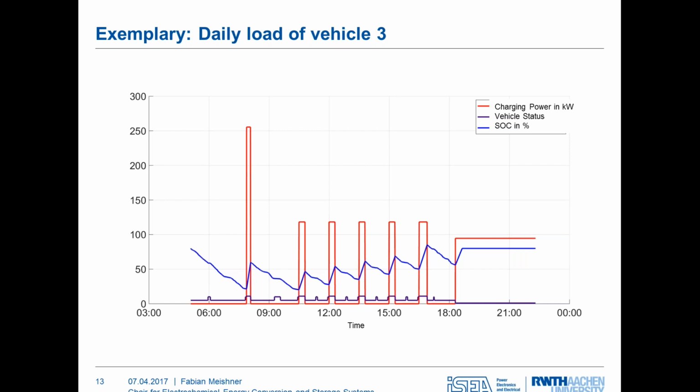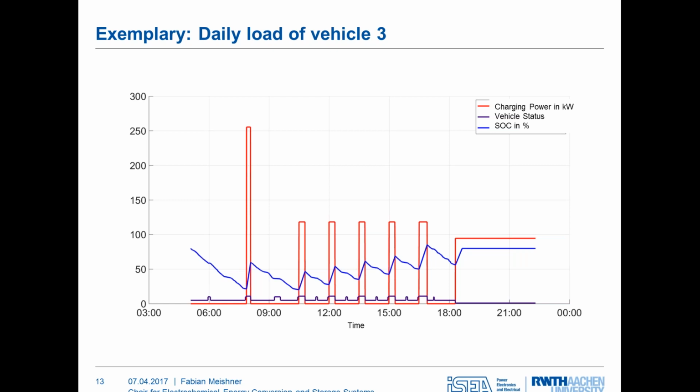And we can also have a look at all the loads for the vehicles. It's shown here for vehicle 3. So we have in blue the state of charge of the battery. The red line is the charging power in kilowatt that is provided to the vehicle at each stop where there's a charging station. And you can see the vehicle starts in the morning with a state of charge of 80%